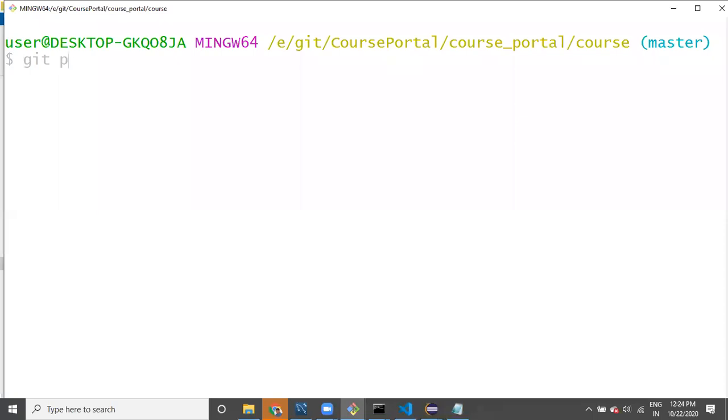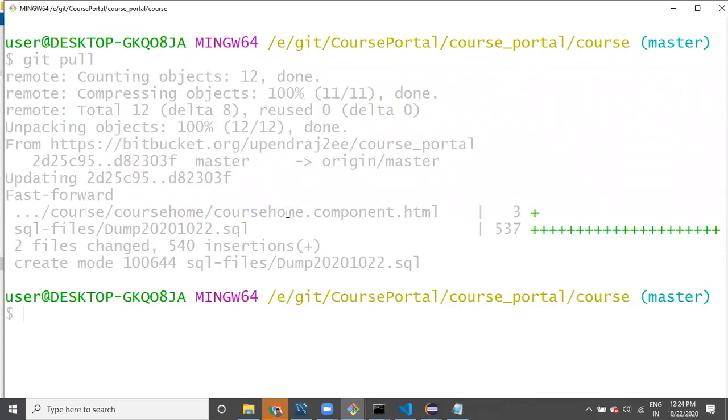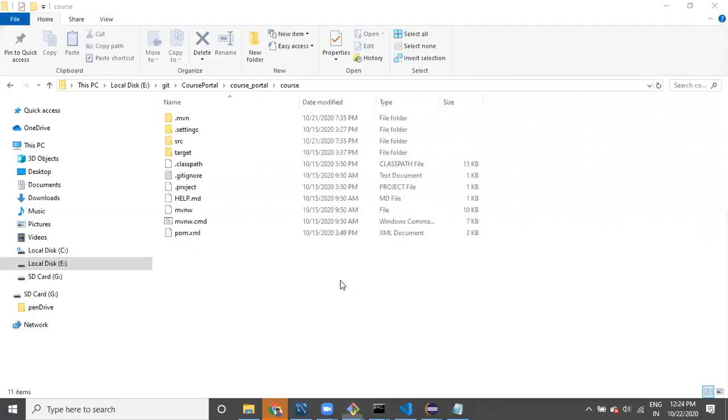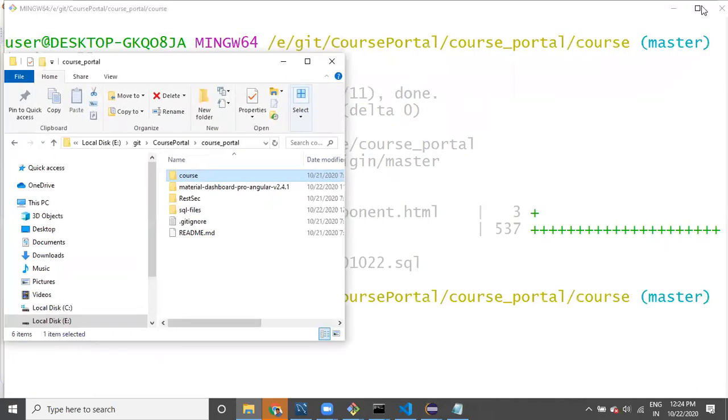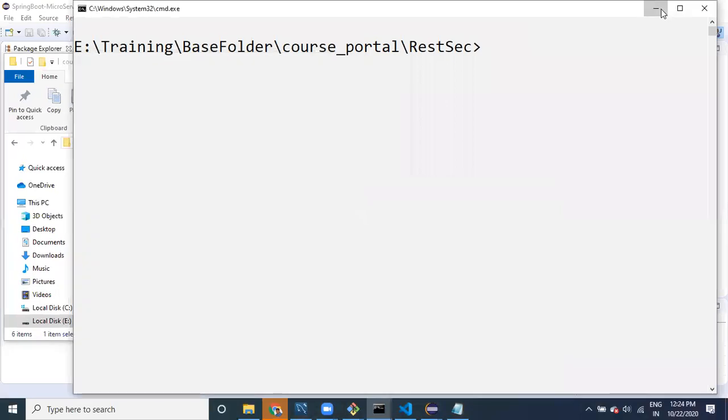What I will do is git pull. See, this is a new command. When I say git pull, the latest code which is available is going to be received. Updated code is going to come. Clone means total code. Pull means the latest code is going to be available. If I go to codes portal, you can see these SQL files now. Previously it was not there, right? Base folder, two files are there, guys. Don't confuse these two things. Two repositories, two Git Bashes, two Eclipses.